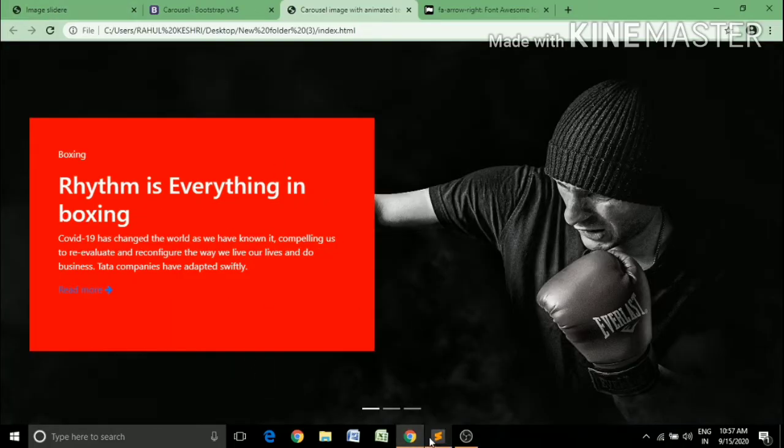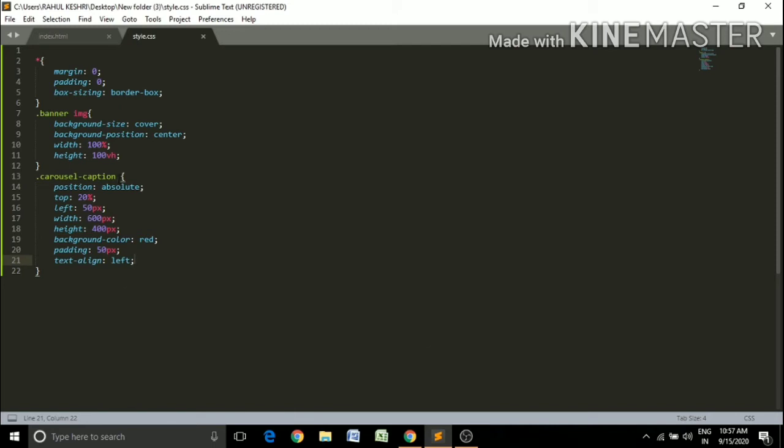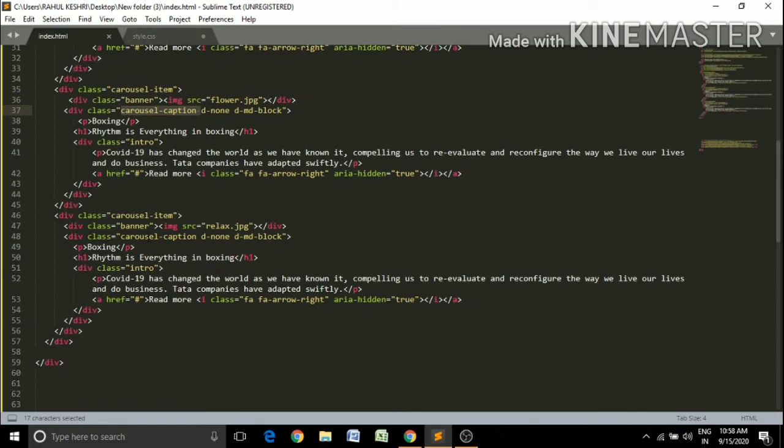Now just copy this carousel caption, and first of all, in the first paragraph, give a class name para. Now simply copy this class name and paste it in every section.